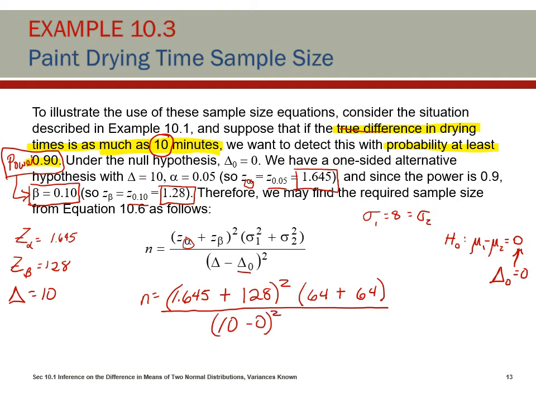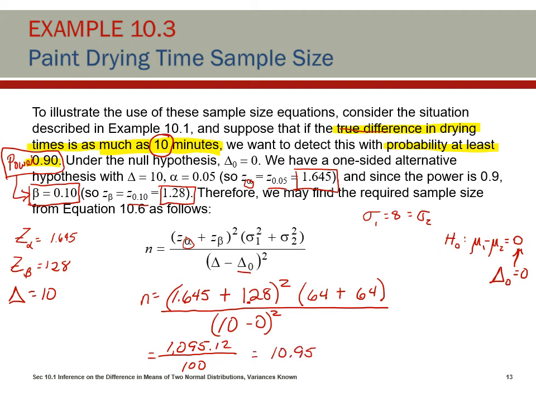All right, so that's going to be 100. If we work through all of this, we square the sum of 1.645 and 1.28, and then multiply by the 128 there. We will get 1095.12, and we'll divide that by 10 squared, which is 100, which is going to be